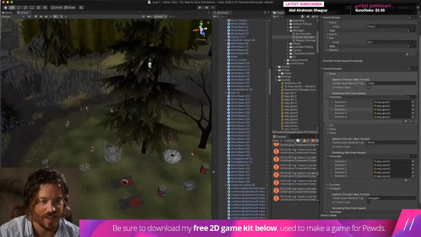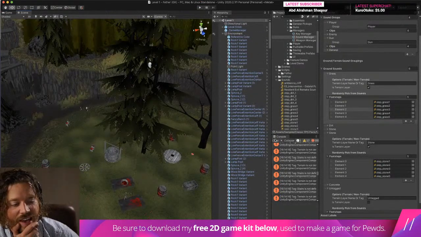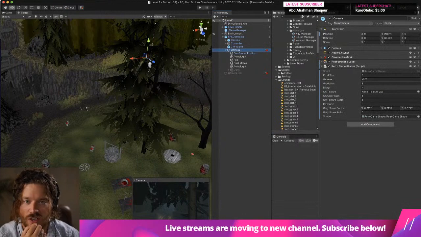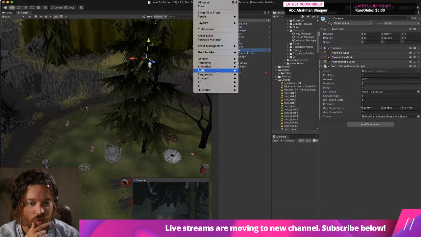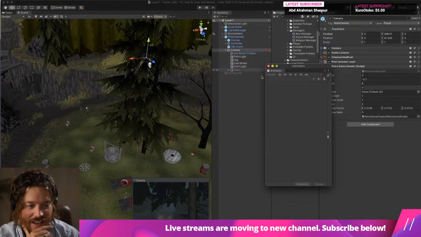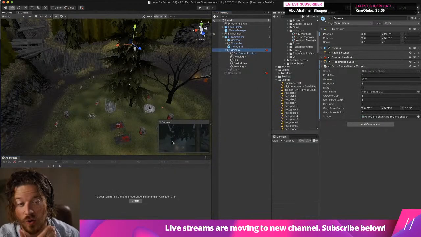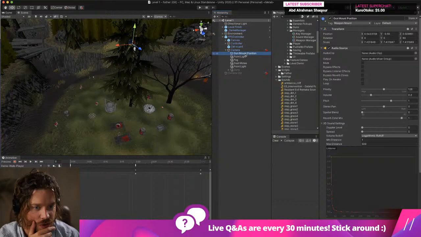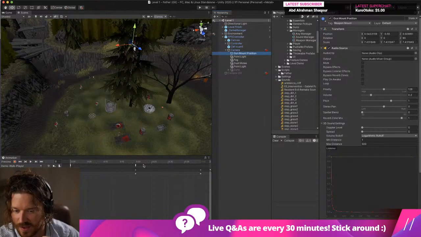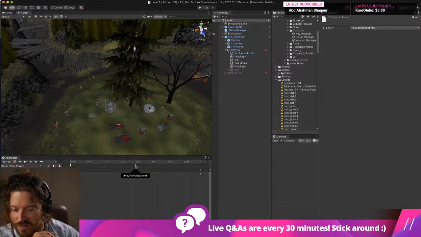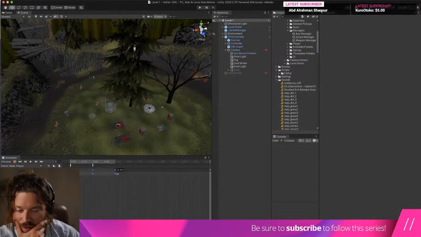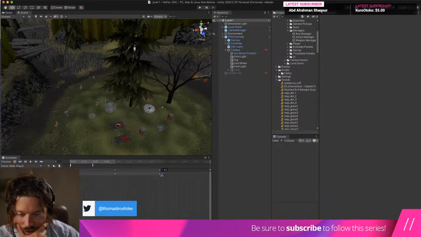I think I have an idea. I feel like the animation for the player movement is a little fast. So let's go to our animation window. And the way that AJ is handling the movement and or the sounds is he's actually got an animator attached to the gun mount position. And you can see here he's playing the footstep sounds here and here. So I actually think that we need to slow down the movement to probably 1